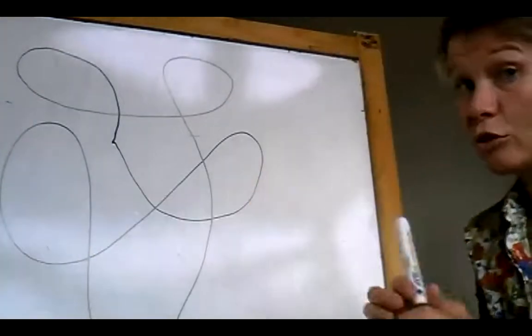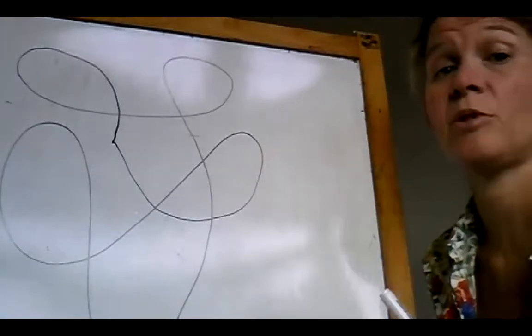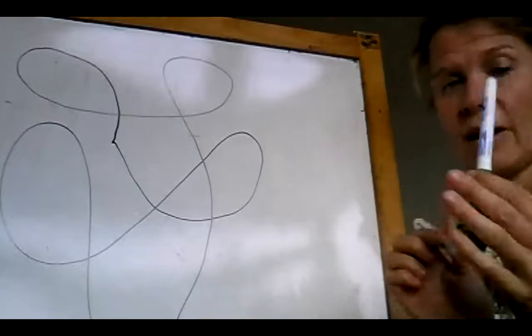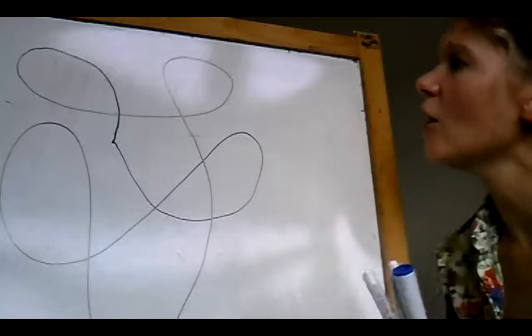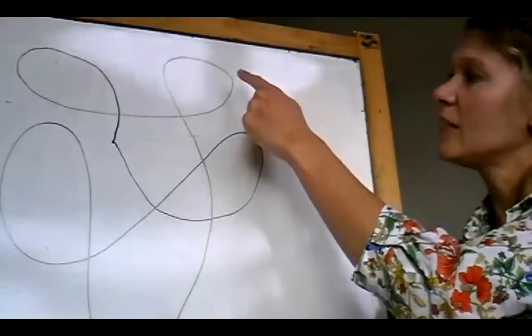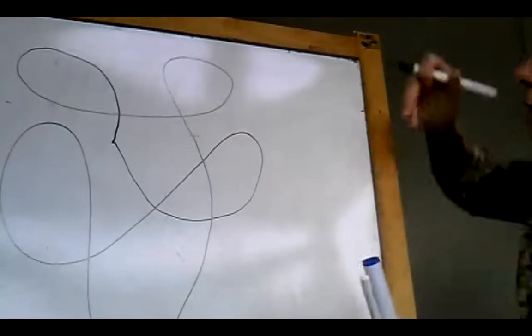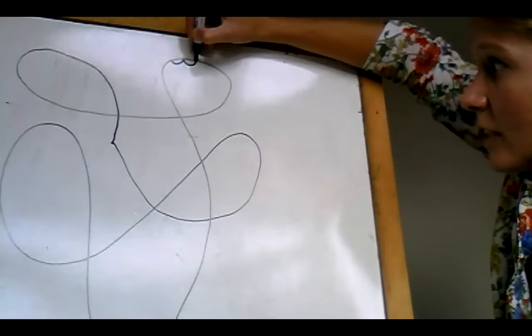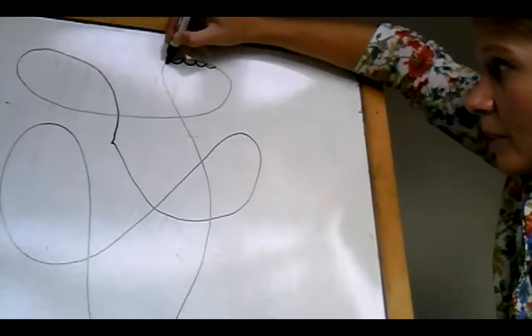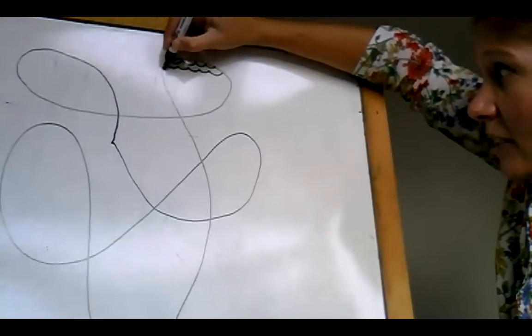You could use pencils if you want to. You could use a colouring pencil and make it colourful. It's up to you. Okay, but I've got a green pen and a blue pen and a black pen. So I'm going to start with this section up here. Okay, and I'm going to do the one that I like to buy with my clothes. So lots of my clothes have got this line on. So this is the scalloped line. So I'm just going to fill up the space